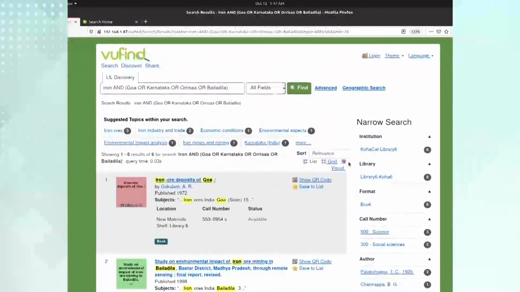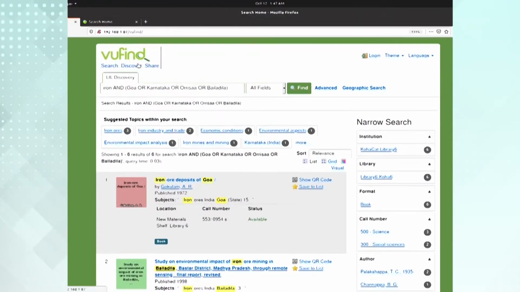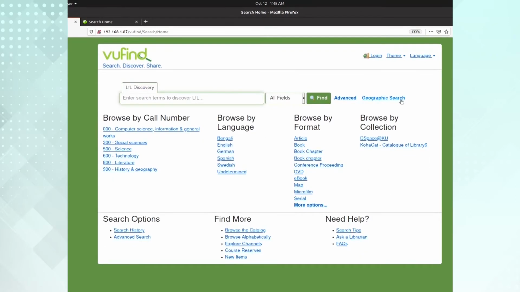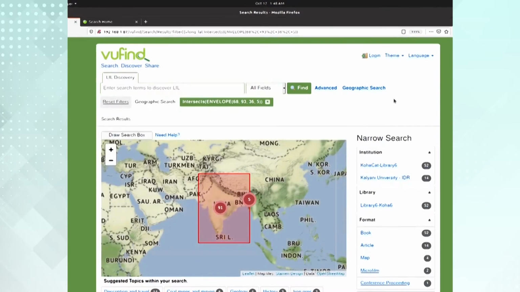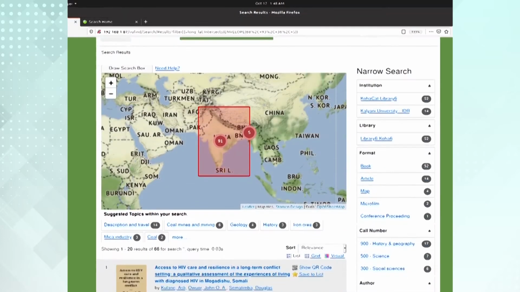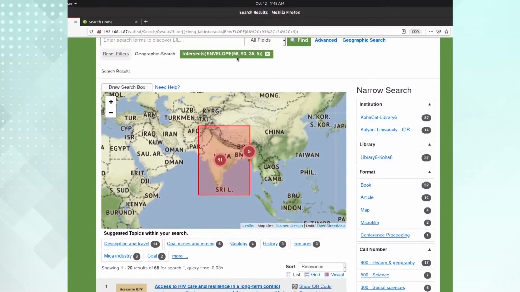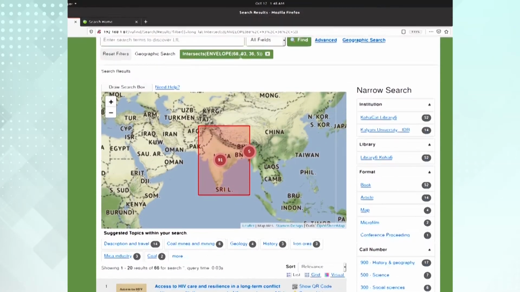Now, suppose I am not interested in this, what I will do, again I will go back to the default interface. I will call my geographic search. As I said, India we have given as a default envelope. So, here you can see these particular coordinate values are 68, 93, 36 and 5.